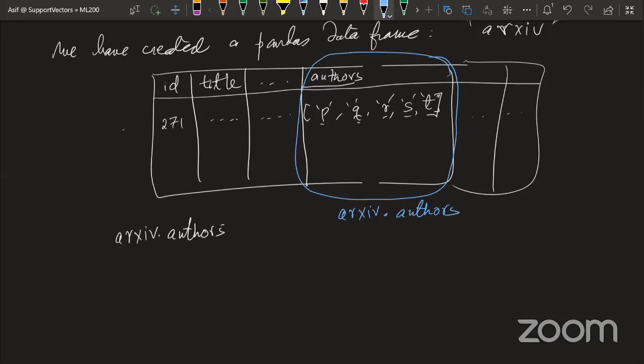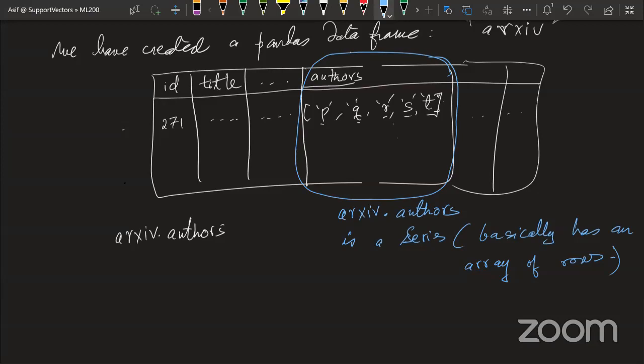It is essentially a series, basically an array of rows, and each of these is itself a list of authors. Let me just call it author rows.